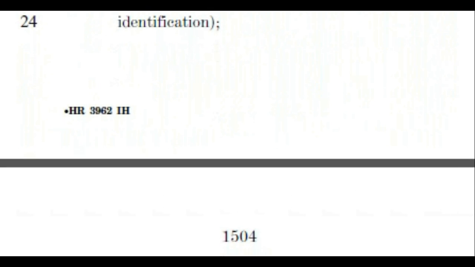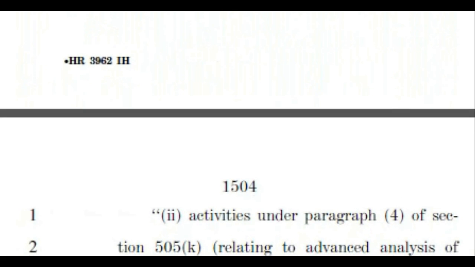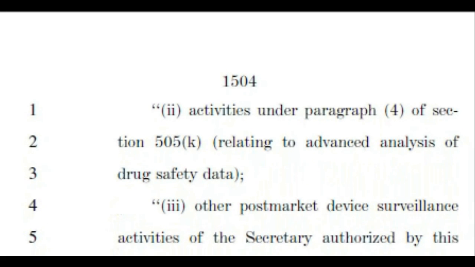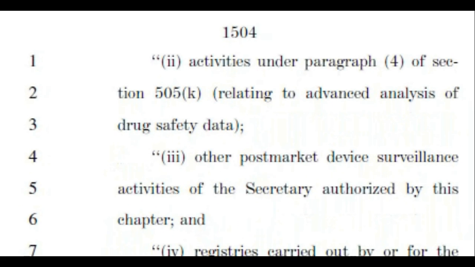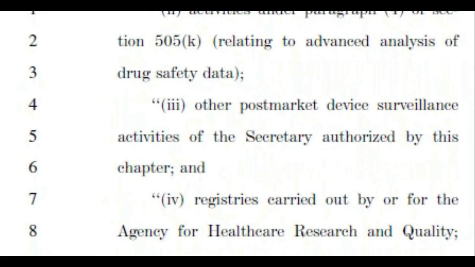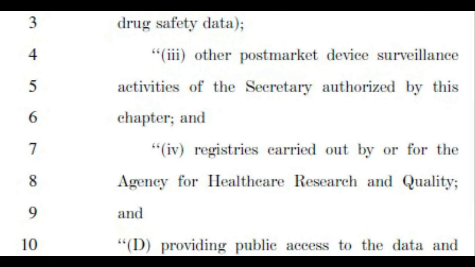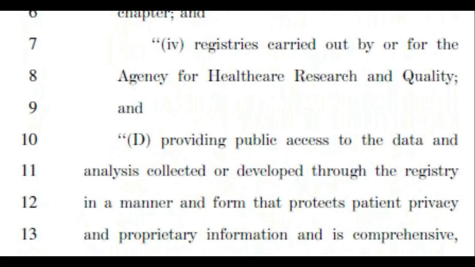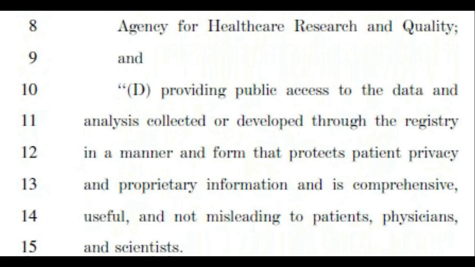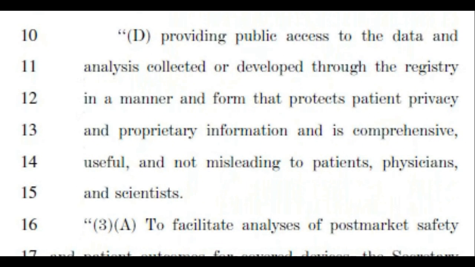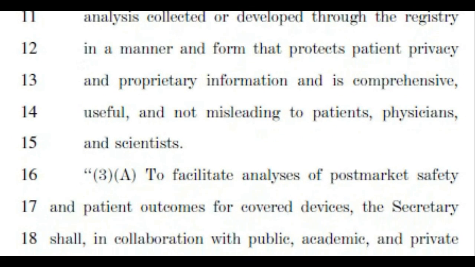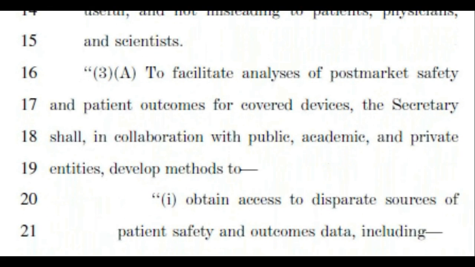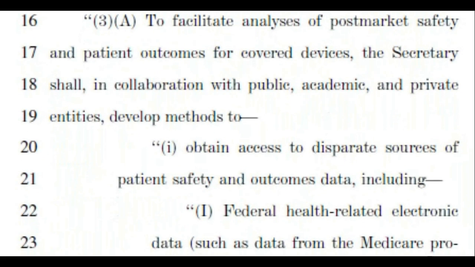(B) validating methods for analyzing patient safety and outcomes data from multiple sources and for linking such data with the information included in the registry, as described in subparagraph (A), including, to the extent feasible, use of (i) data provided to the Secretary under other provisions of this chapter, and (ii) information from public and private sources identified under paragraph (3); (C) integrating the activities described in this subsection so as to avoid duplication with (i) activities under paragraph (3) of section 505(k) relating to active post-market risk identification, and (ii) activities under paragraph (4) of section 505(k) relating to advanced analysis of drug safety data; (D) other post-market device surveillance activities of the Secretary